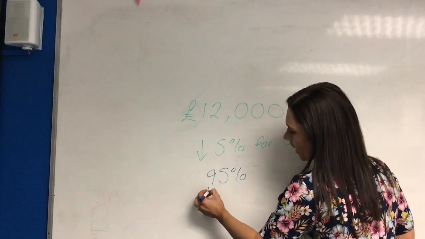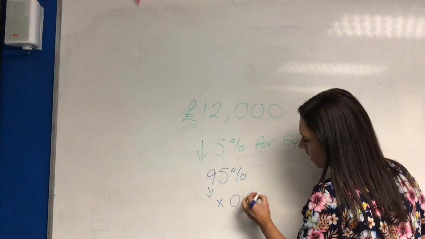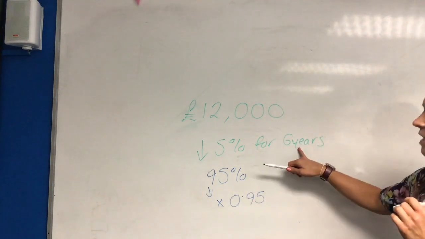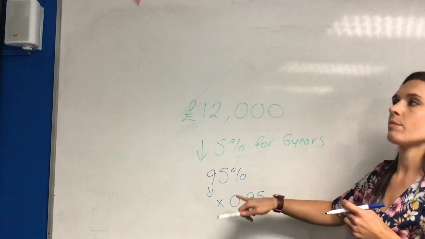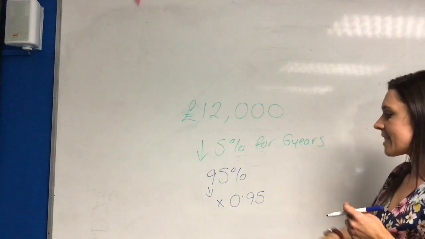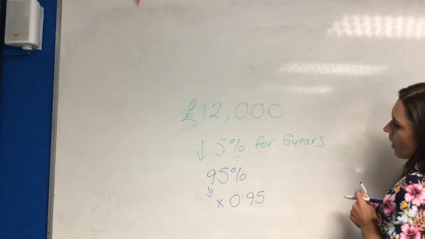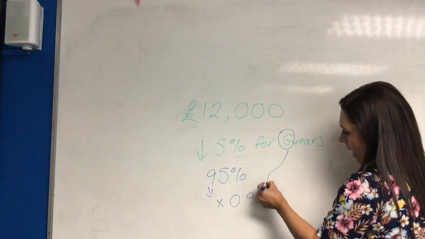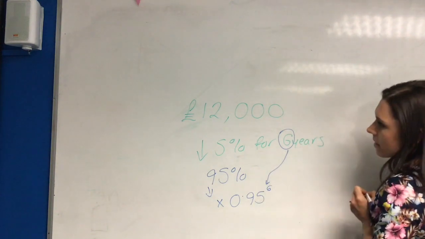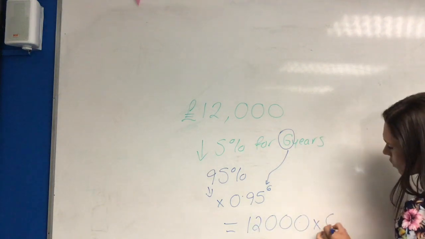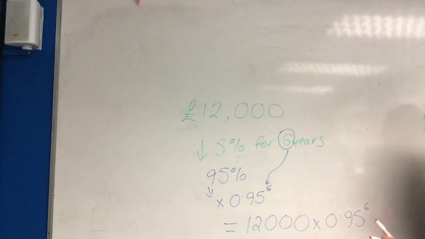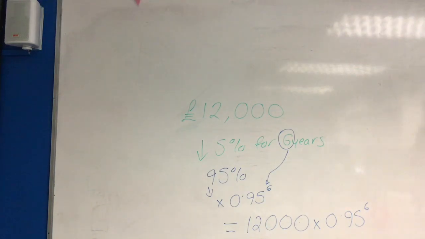So our multiplier would be 0.95. And we need to do this for 6 years. Now we could do 12,000 times 0.95 times 0.95 times 0.95 6 times, or if you remember, we could just take the number of years and put this as the index. So to put into our calculator, 12,000 times 0.95 to the power of 6 should give you